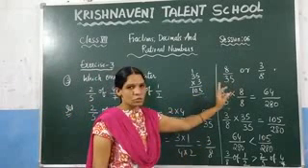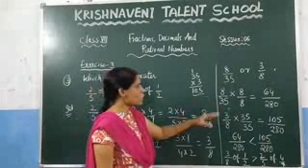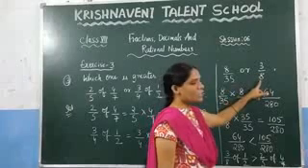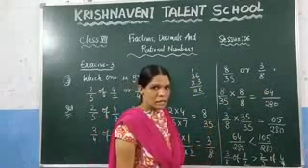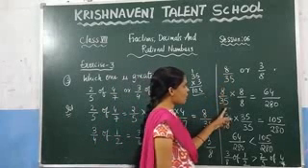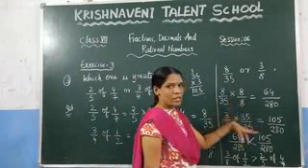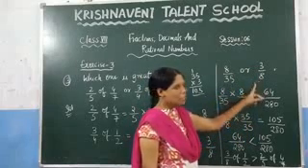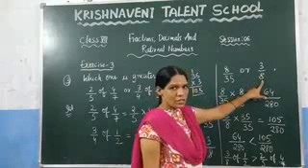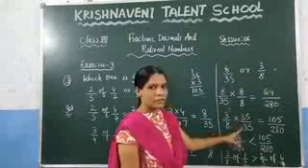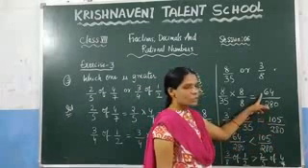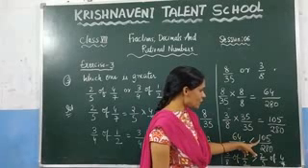Now you need to compare these two fractions. If you want to compare these two fractions, you need to check the denominators. Since the denominators are not equal, here 35 is there, here 8 is there, you need to make the denominators equal. So if you want to make it, how will you do? Just take this fraction and multiply and divide by the other fraction's denominator, which is 8. Similarly, take this fraction and multiply and divide by the other fraction's denominator, which is 35, so 35 by 35. After that, you can observe that the denominators are equal. And you can compare the numerators, and you got that 105 is the greatest one.